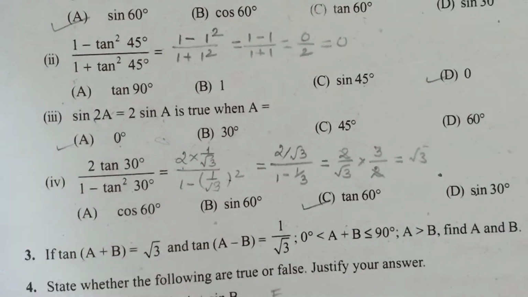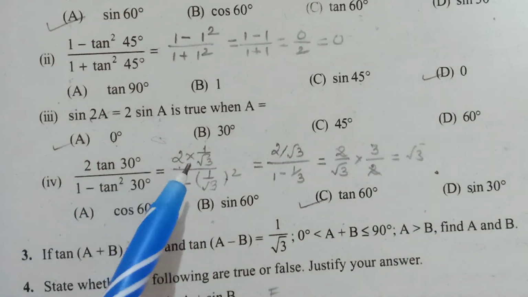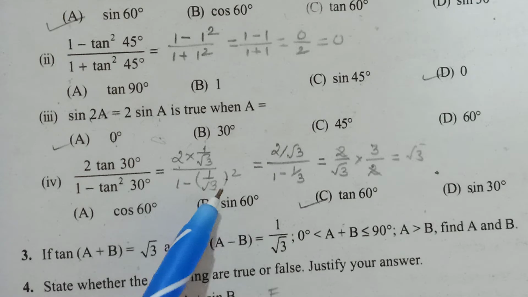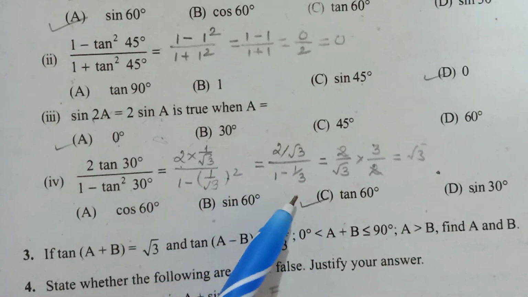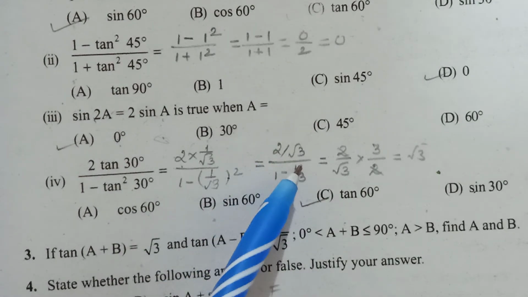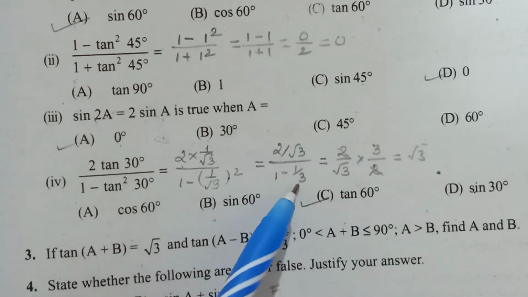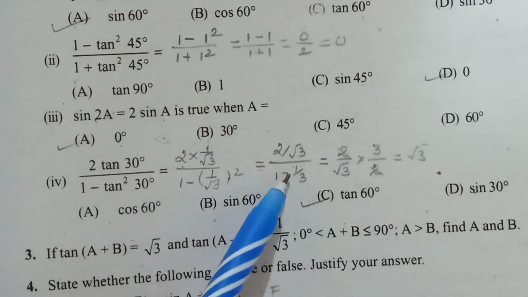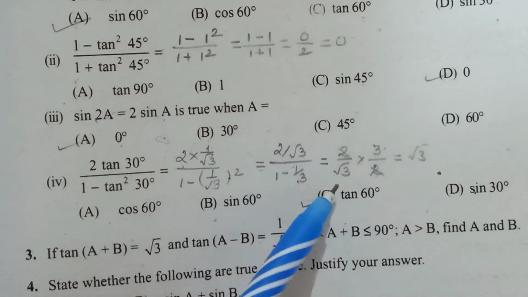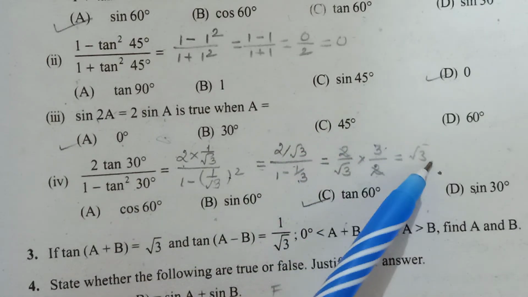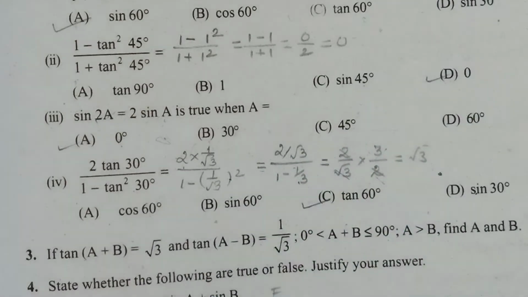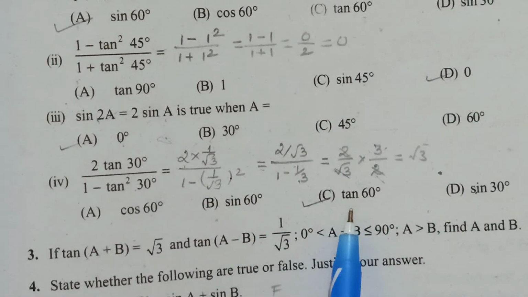Okay. Then next is your 3. tan 30 is 1/√3 upon 1 minus 1/√3 square, which becomes 1 minus 1/3. So this becomes 2/√3. 2/√3, इसका LCM लेके reciprocate कर दोगे, 3 minus 1, which becomes 2, and this √3 will go to the numerator. So √3 will give you a √3 here. Cancel हो जाएगा √3. 2 and 2 cancel हो गया, so only √3. And √3 is value of tan 60.